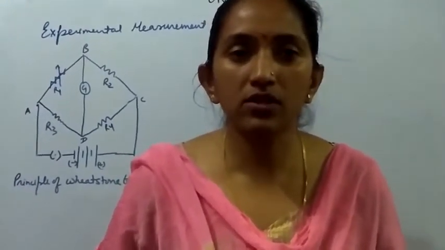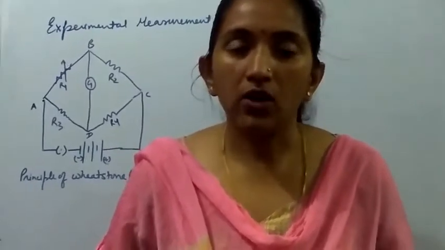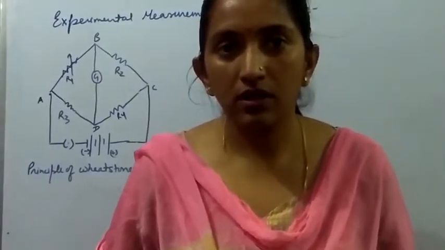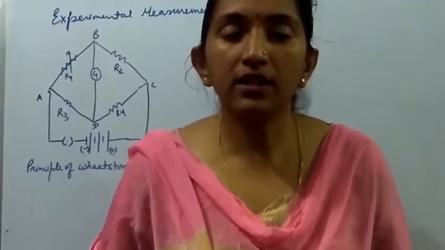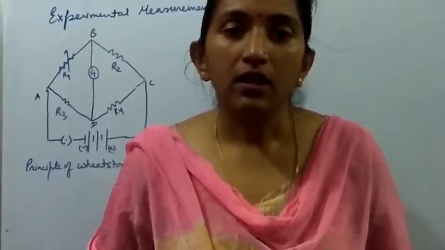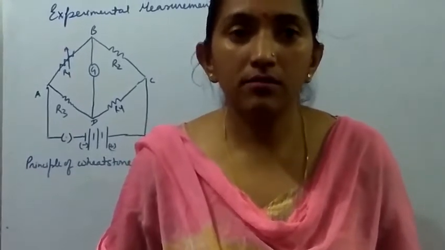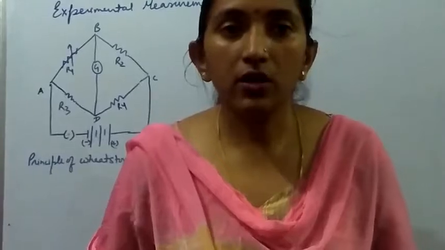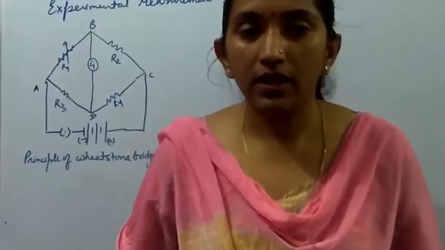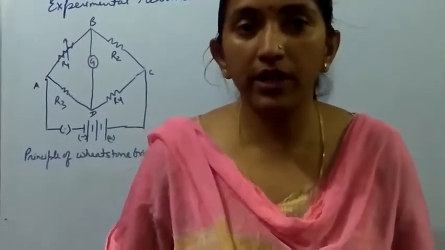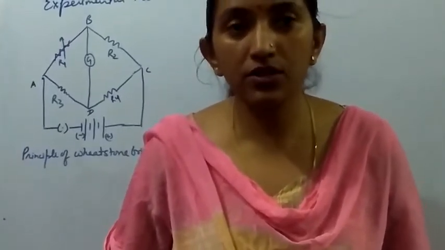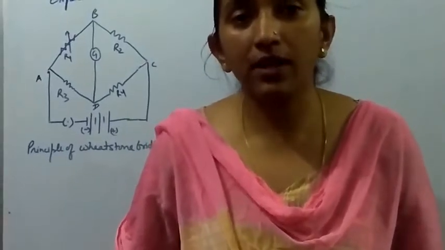The method is based on the Wheatstone bridge. According to that, when the current is flowing through the electrolytic solution, and the setup is connected to the galvanometer, that resistance is pointed out at which there will be no deflection shown by the galvanometer, that is the null point. At that point, the resistances placed in the four arms will have the ratio R1 upon R2 equals R3 upon R4.